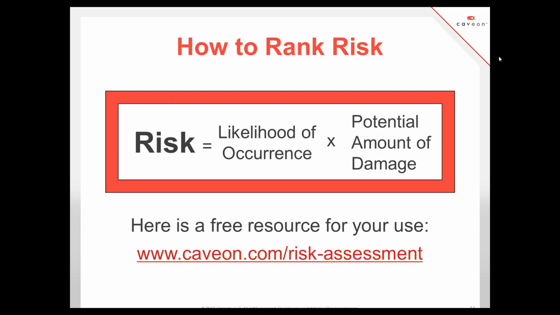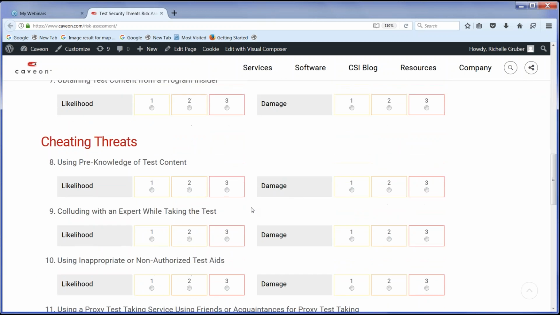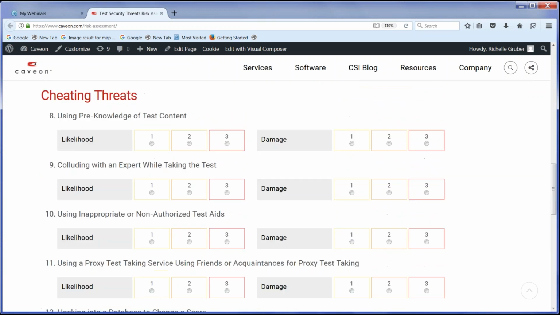to focus on. And we at Caveon created a free risk assessment that is tuned to these threats that you saw. And I'm going to ask, you can see the link there. I'm going to ask Rochelle to show that to you right now. Yeah, so this is available just on our caveon.com/risk assessment. And you can see here the threats are all listed in a row, and you can just kind of come through